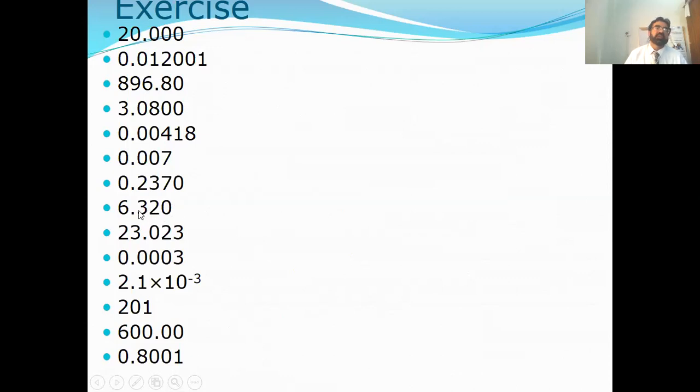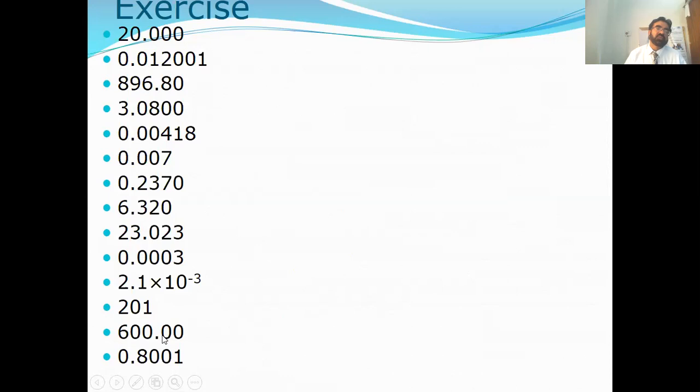6.320, this 0 is significant as there is a decimal point. 23.023, this is a sandwich, so this is significant. 0.0003, all the 4 zeros are leading or initial zeros, so they are considered to be insignificant. 2.1 into 10 raised to the power minus 3, the exponent, which is 3, is considered to be non-significant. Only they are considered to be significant when they show or indicate a scientific notation. 201, this 0 is significant because it's a sandwich,